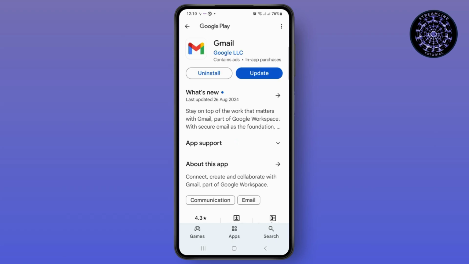After tapping on app details and store, it will take you to the Google Play Store. If you see the option of update, you have to update your application, and after you tap on update, your problem will be